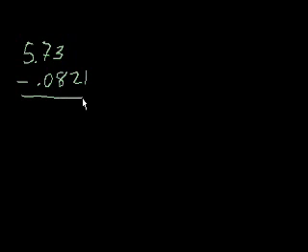Okay, the first problem I have here says 5 point... I'm reading out the problem off of a piece of paper. So it's 5.73 minus 0.0821 equals who knows. So the first thing you always want to do with a decimal like this, and I actually kind of inadvertently did this,